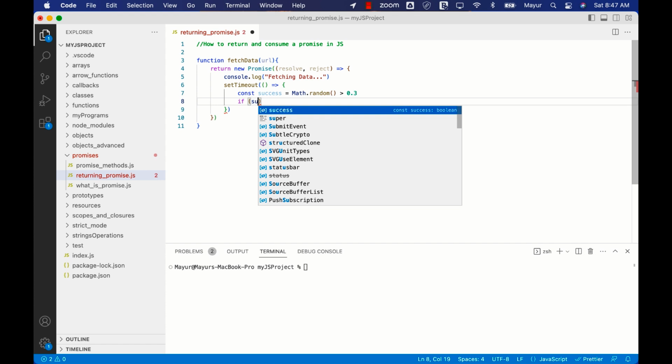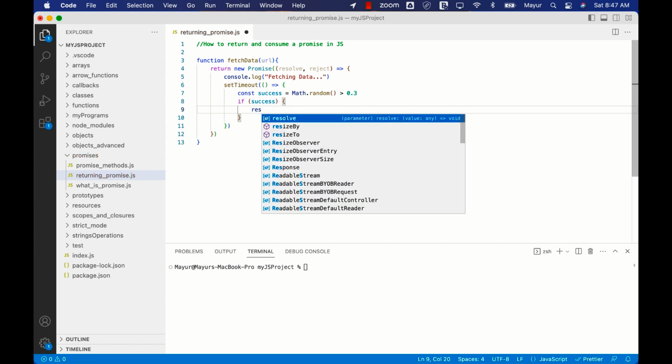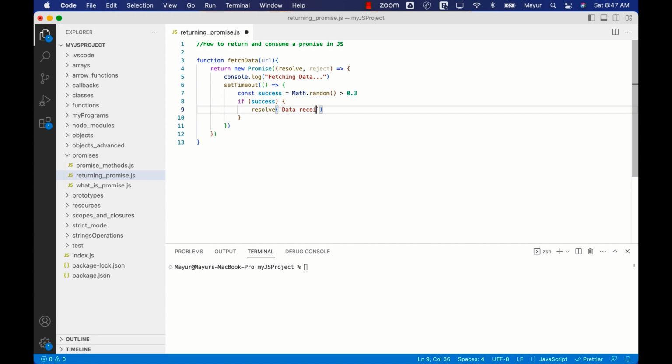So if success, we'll say the promise is resolved, and we'll say data received from URL. Else we can reject the promise,